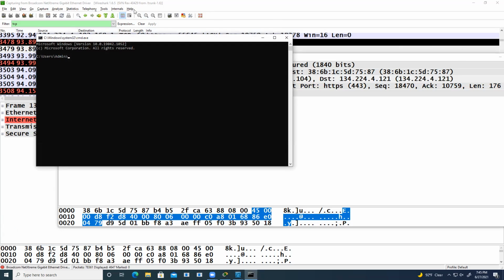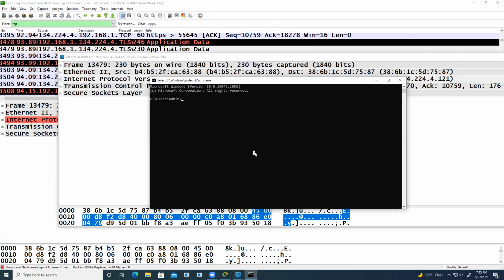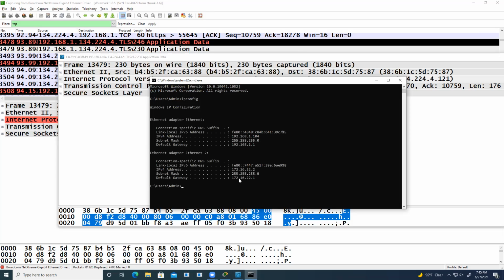So for example, let me show the screen again. You can see my system IP, 192.168.1.104. I'm going to ping the gateway, 192.168.1.1.